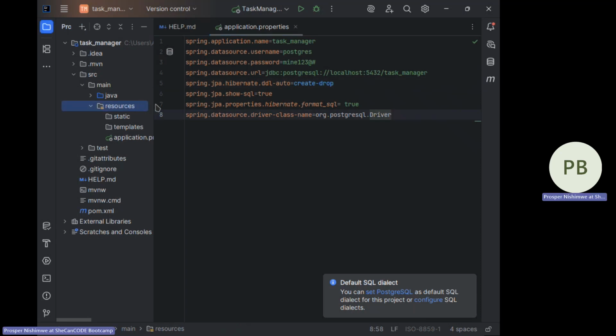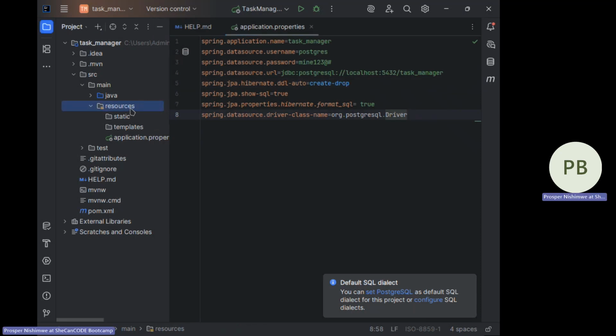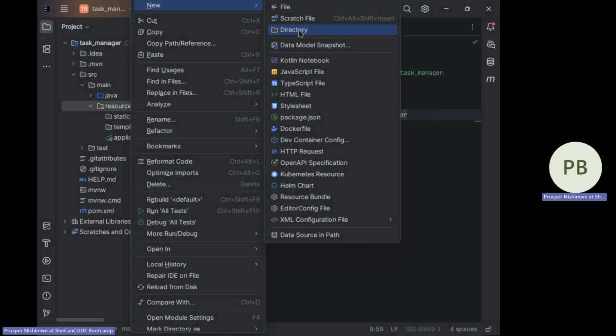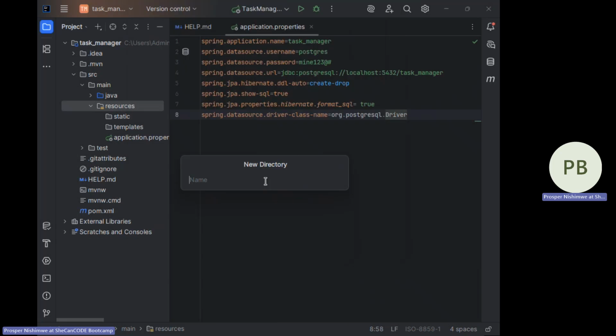Now we are going to do what? To create a package to store everything related to managing tasks, right? In this framework, it's better to organize your code by feature. If it's everything related to users, you keep it in a package called maybe users. If it's everything related to tasks, you keep it in a package called task. If it's everything related to categories, you create a package called category. So for now, we're going to work with